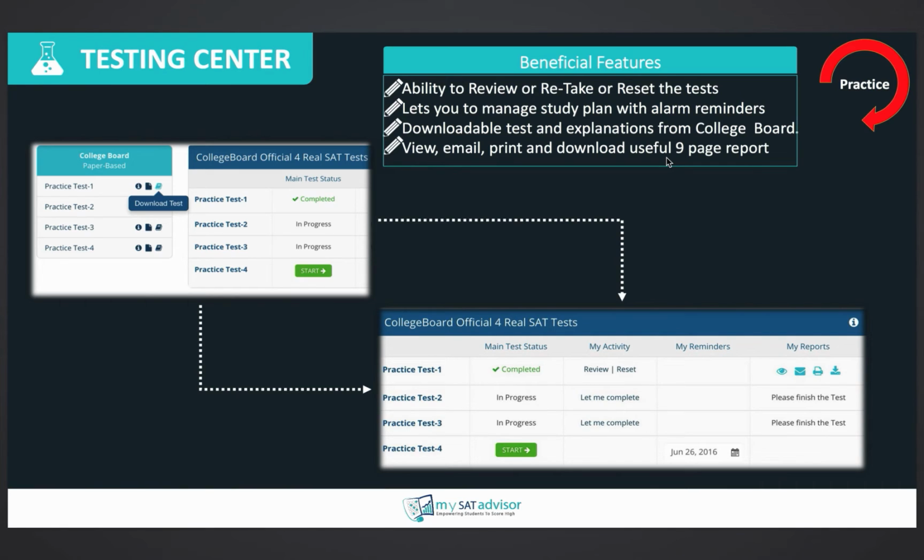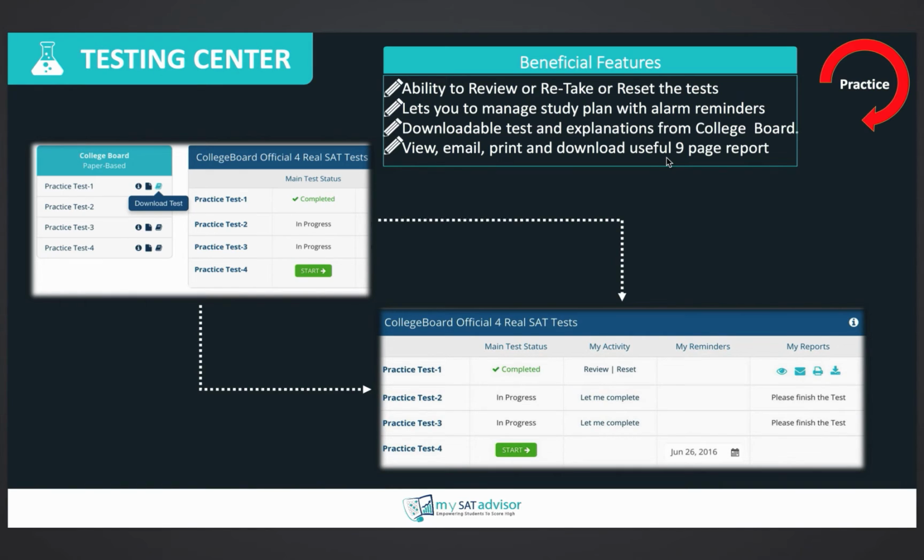If we move our attention to the picture in the bottom right, we will see under the reports column, there are multiple formats for viewing your score report, and I'd like to draw your attention to the reminders column. And basically what that does, so we all know students are very busy, in high school they have a lot of stuff on their mind, and it's really easy to lose track of your time in the preparation process.